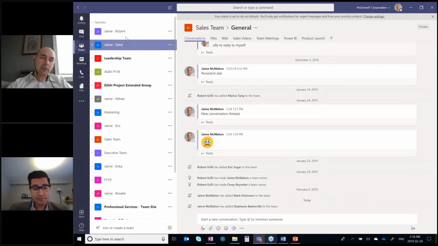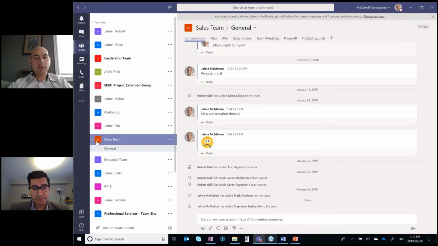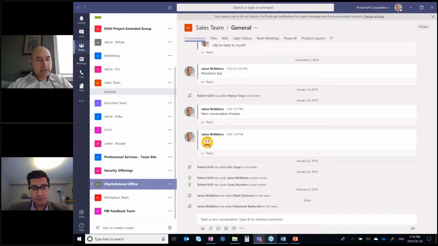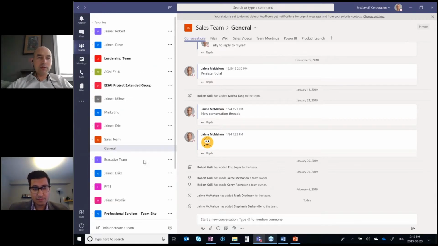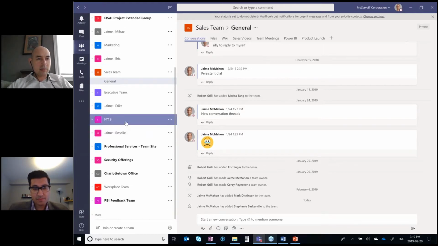And on the left here, what we can do is create teams, and basically a space for those folks to collaborate and to be productive and do the things that we need to do as we sit inside of these teams. And so, this is a number of the teams that run my work life, so to speak. So I've got some of my one-on-ones that I host with some of the folks that sit on the team, and then a couple of other teams that I'm a part of.